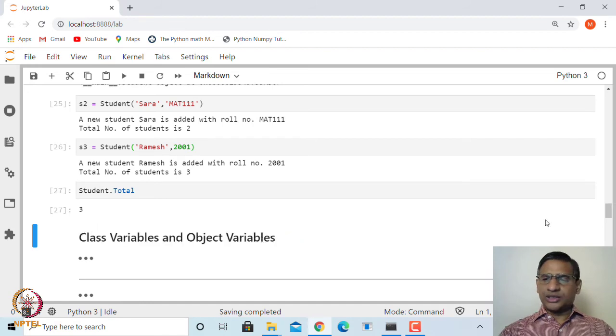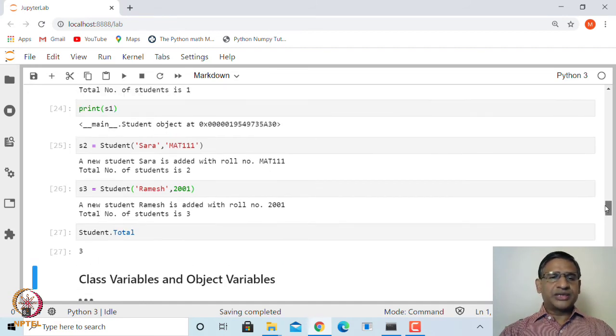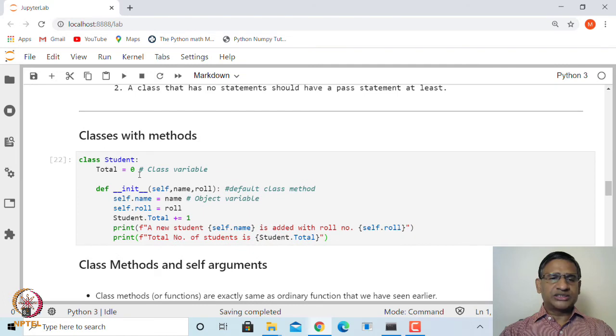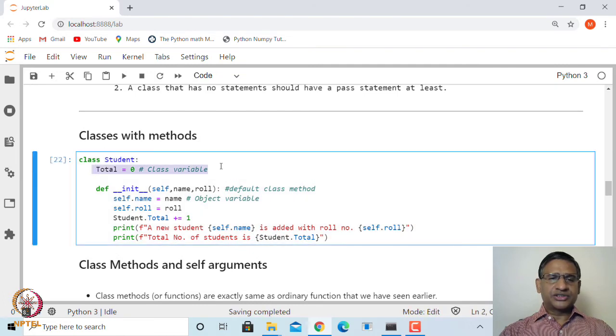And so in this case, as you can see, we have created 2 types of variables. One is the class variable, which is outside any method, and then you have object variables. For example, here name and roll number are object variables, or the attributes of this particular Student class. So for each student you can have different attributes.